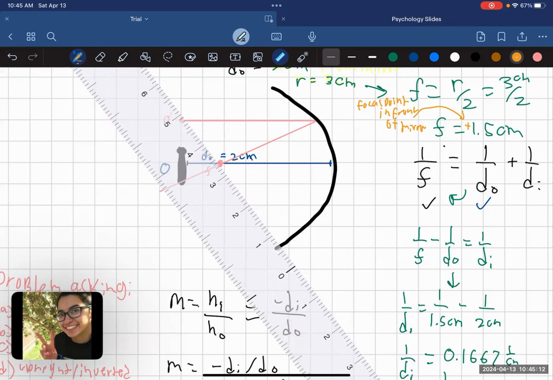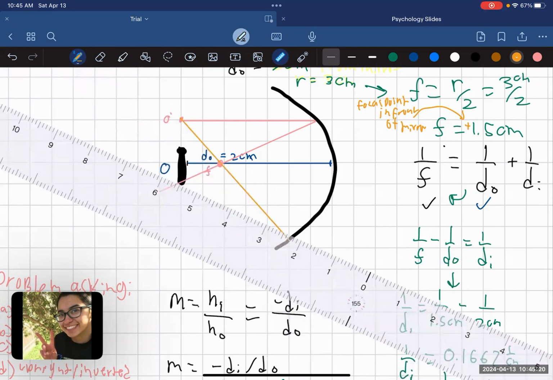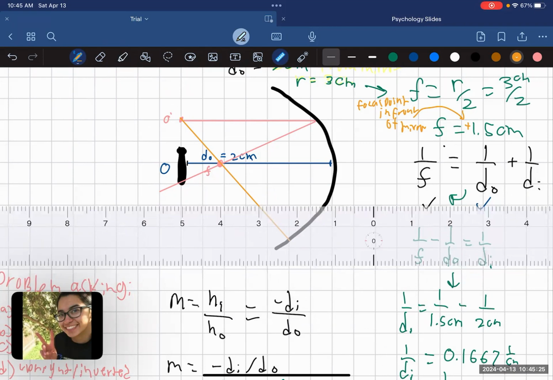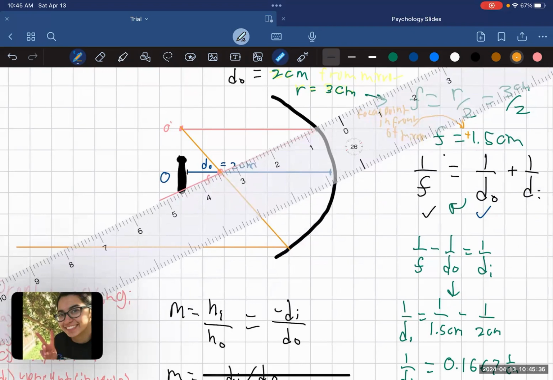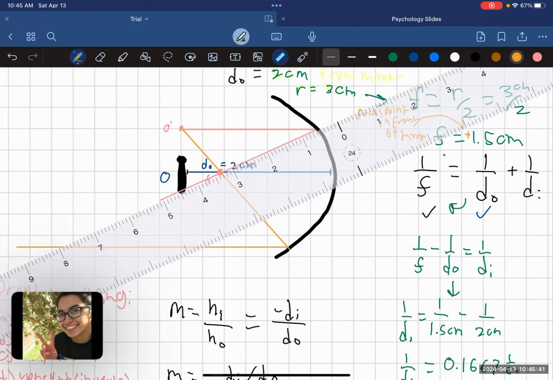So let's line this up so it goes through both. So it goes from the object through the focal point, and then it goes straight out the mirror. This one, there we go. It looks like I need to draw this line a little longer. Draw this a little bit longer. There we go. And then for our third ray,